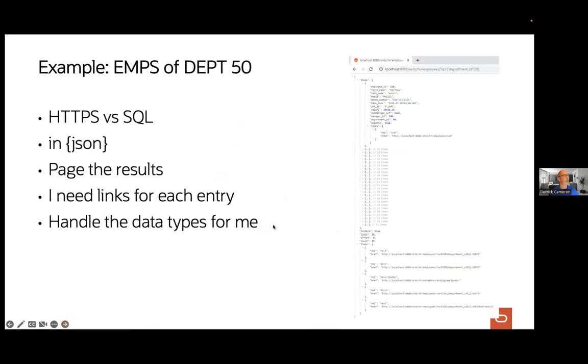As an example, here is accessing the emp table in the database. You just submit a URL. You can even pass a filter parameter, in this case, department equals 50. And then the payload that comes back is a JSON file. It automatically handles paging for you. It provides a link for every single record. And it manages the data types, things that you'd otherwise have to configure and set up tediously,